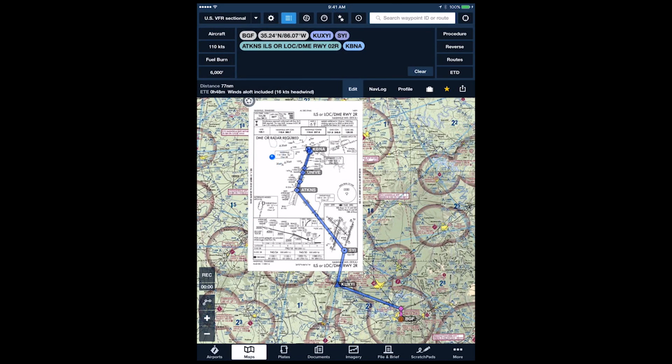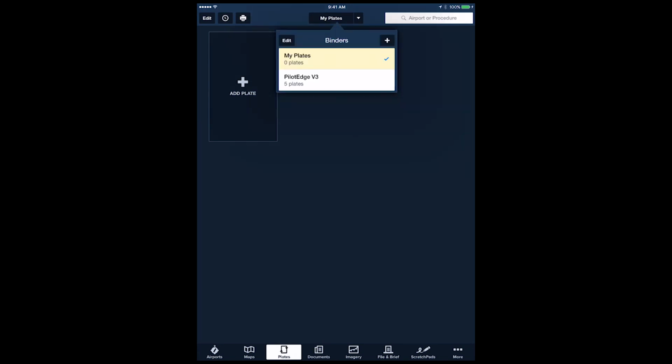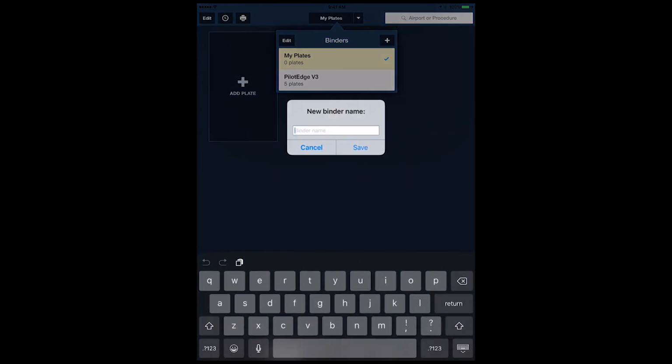And the other thing I wanted to do is let's go to the plates tab on the bottom, and under my plates there's an arrow to the side of it, and let's make a new plate by tapping the plus button, and we'll call this BGF 2 BNA. Click Save,